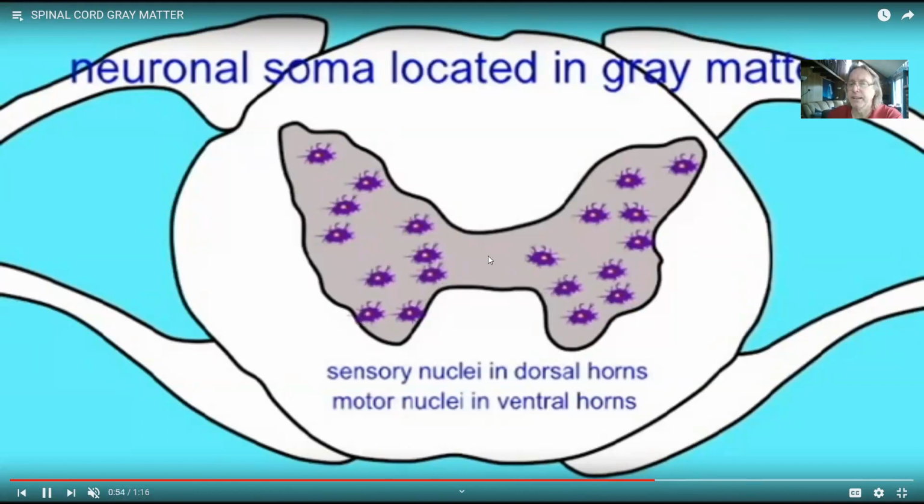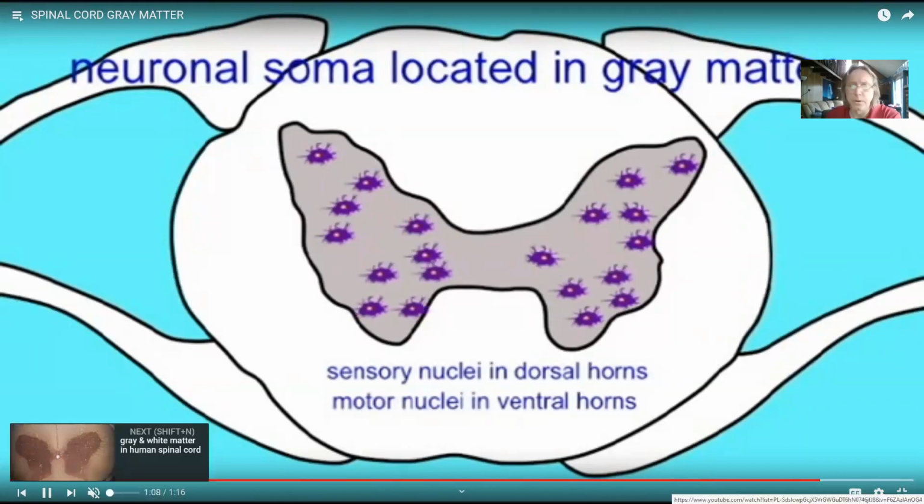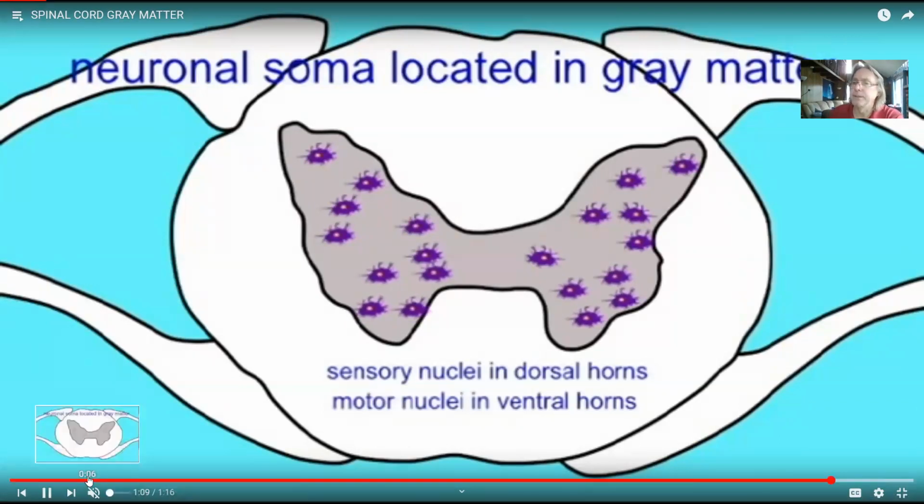In between, there's a connecting section known as the gray commissure, where there is a central canal, a space through which cerebrospinal fluid passes, as we'll see. So the gray matter is organized. The white matter is as well, as we'll see in a second, but before that,